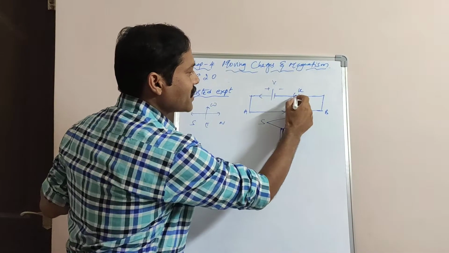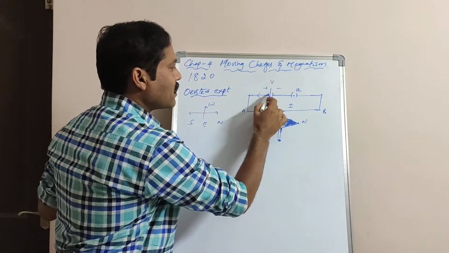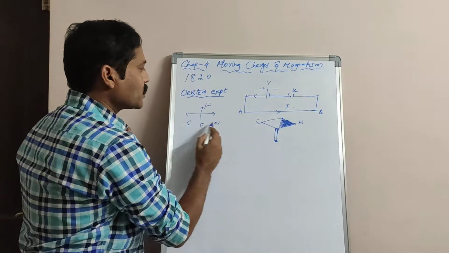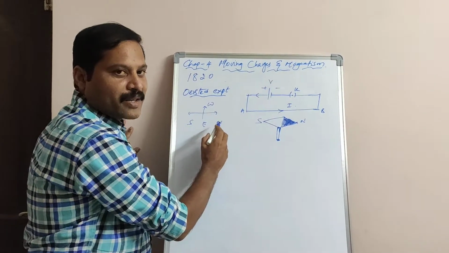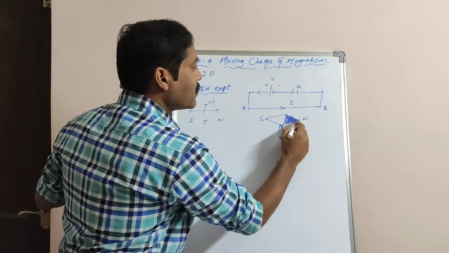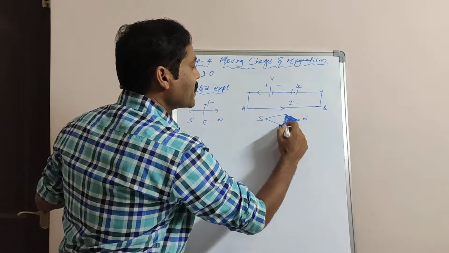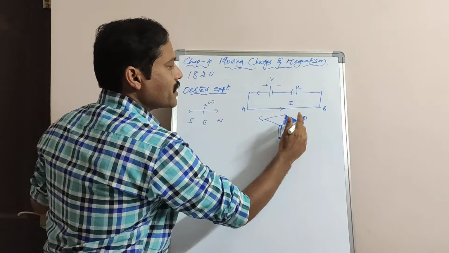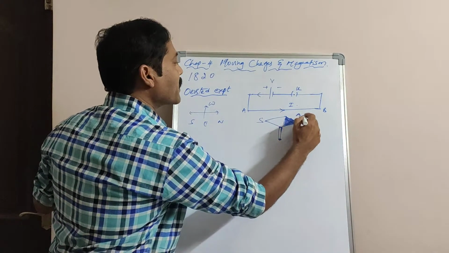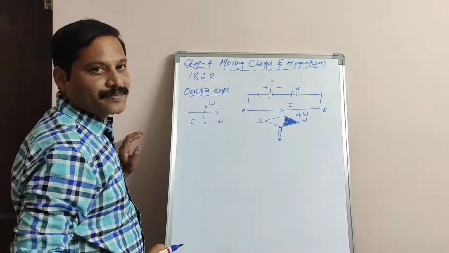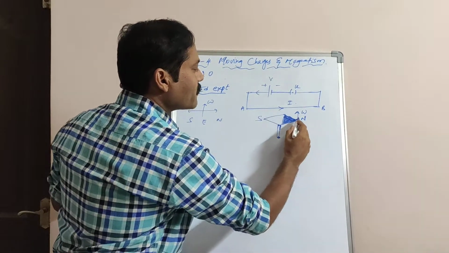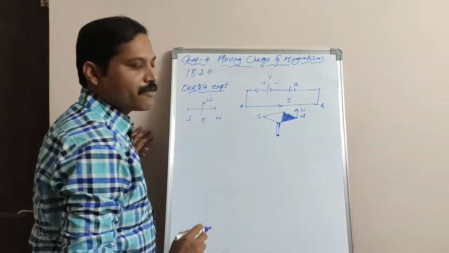When the key is pressed, current starts flowing from A to B, that is, the current flows from south to north direction. Whenever the current flows from south to north, he observes a deflection in the magnetic needle such that the north pole of the needle deflects towards the west side.